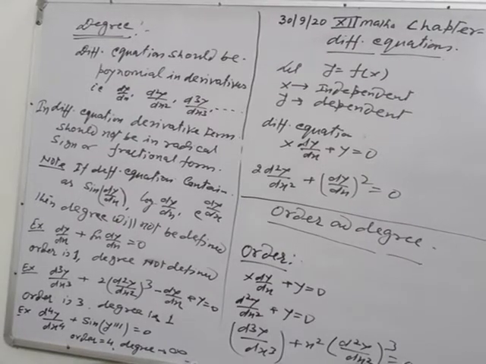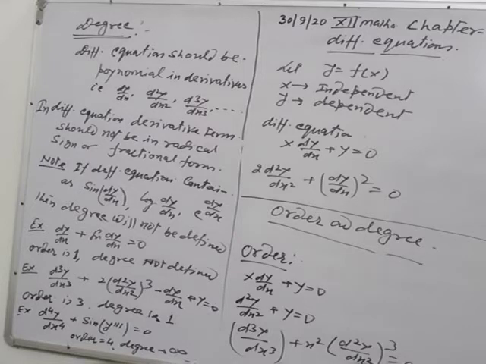12th math student, today I am going to start your next chapter number 9, differential equation. So first you have to know about differential. What is the differential equation? A differential equation involving derivative of the dependent variable with respect to any one independent variable is called a differential equation.